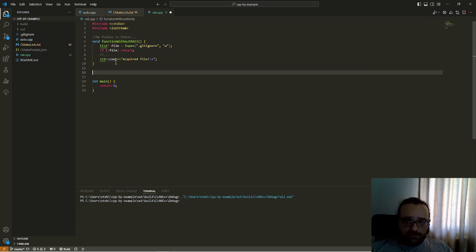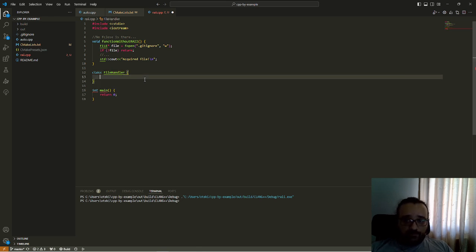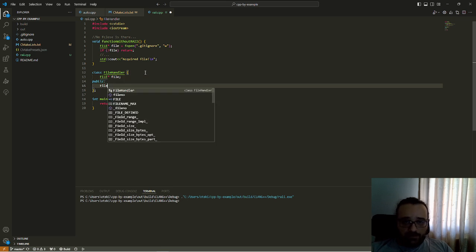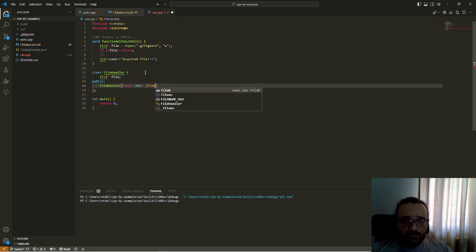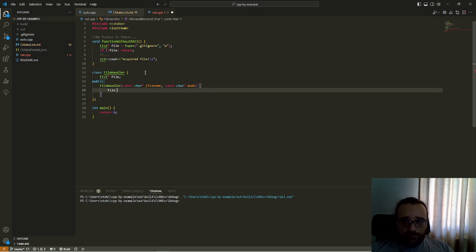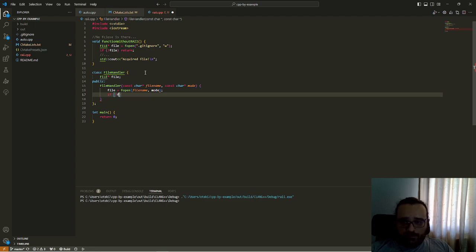So how RAII works, this is how we mostly handle files right now. Let's have a class called file handler. It should have a file pointer that we open, and with the constructor we should be opening the file right at the moment that we are constructing, with the correct mode. File name, mode, and if you cannot open,